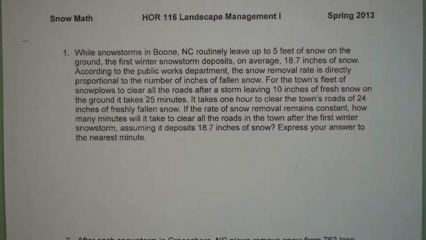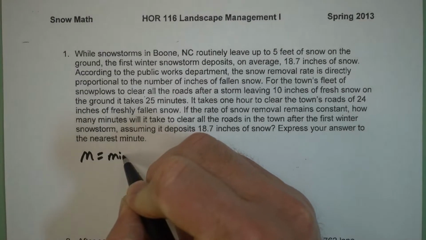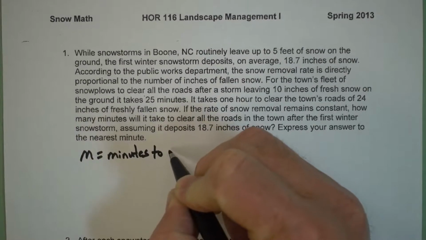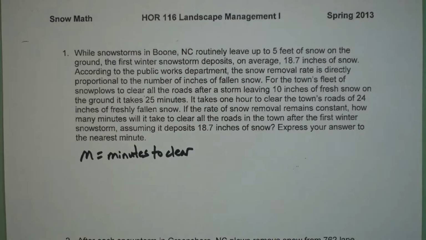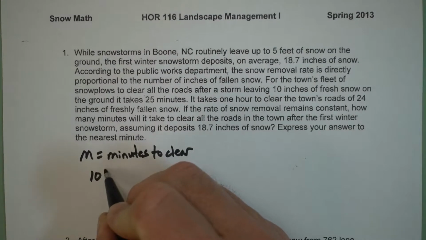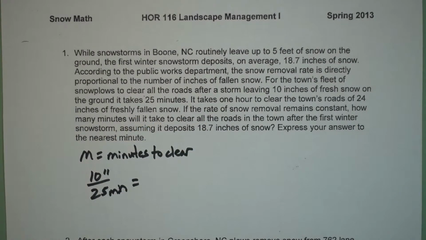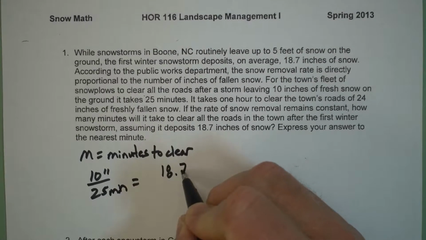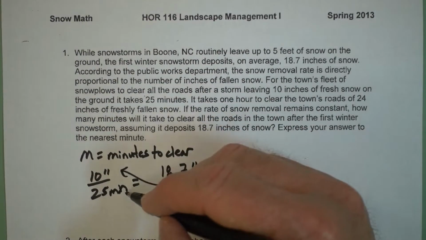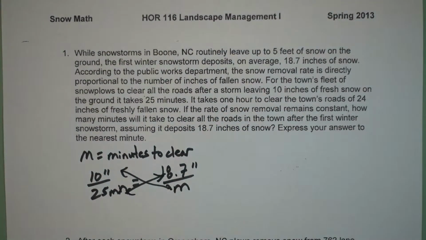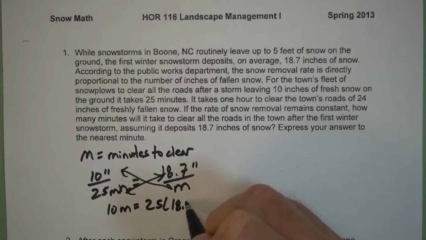And guys, what we're going to look for is M, or minutes to clear. We know that it took 25 minutes for the 10 inches. So we're going to say 10 inches over 25 minutes is equivalent to what we're trying to find, 18.7 inches over M. And what we're going to do is cross multiply these numbers. What I'm basically getting is 10M equals 25 times 18.7,